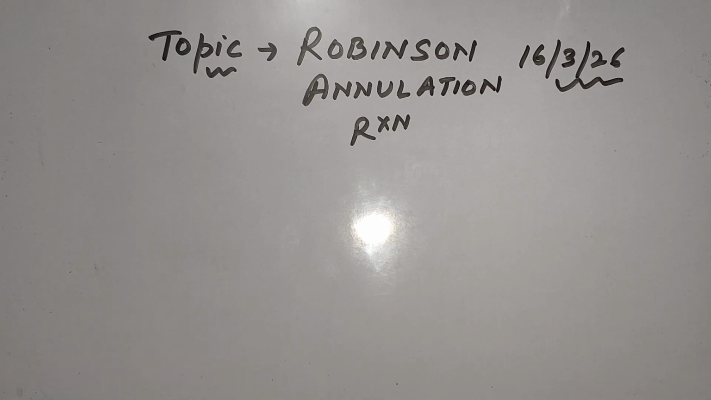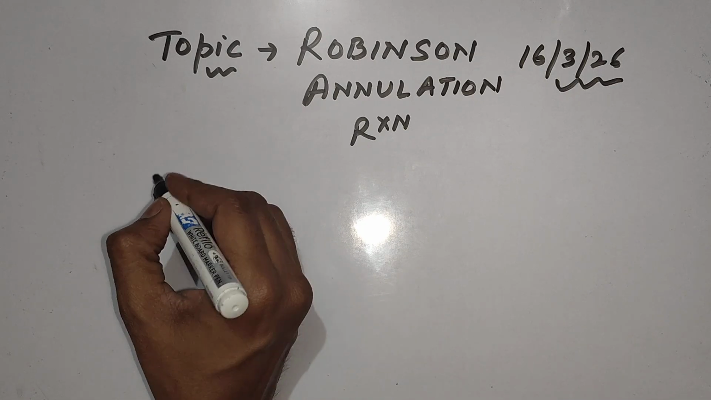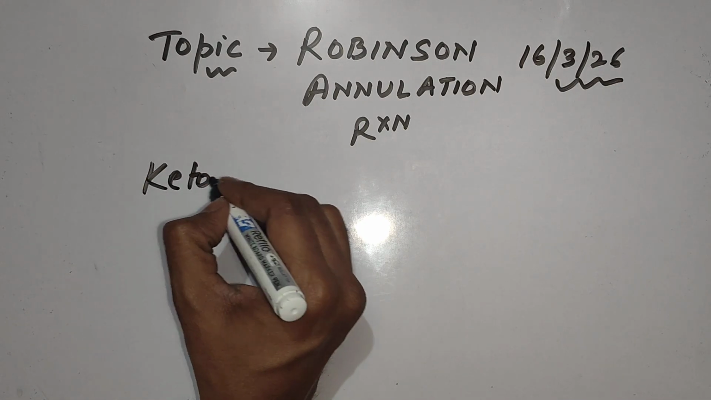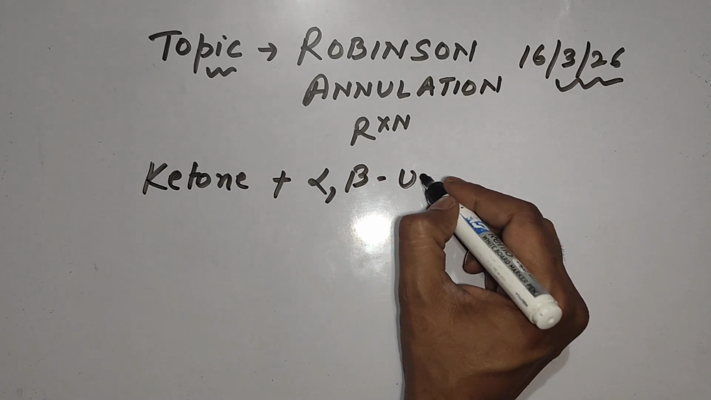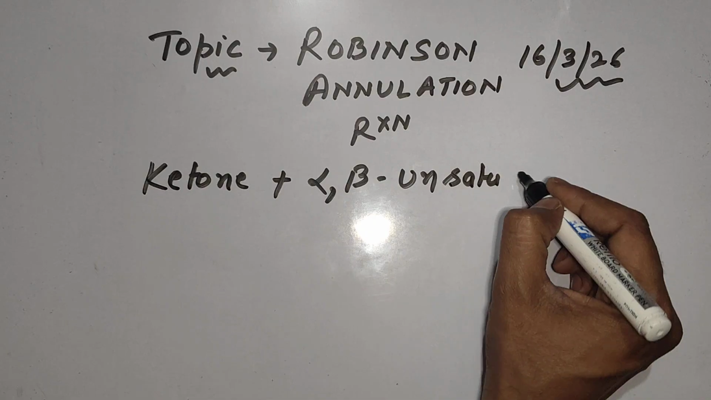Hello everyone, topic is Robinson annulation reaction. It is not involved in 12th class but as a doubt I am taking it. Reagents required are normal ketone reacts with alpha beta unsaturated ketones,